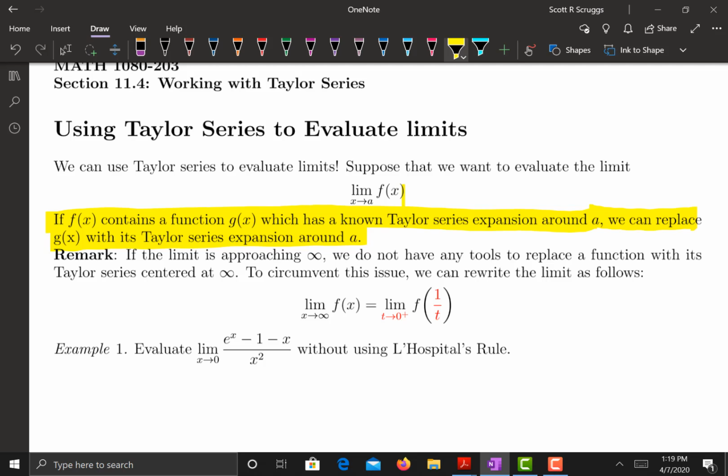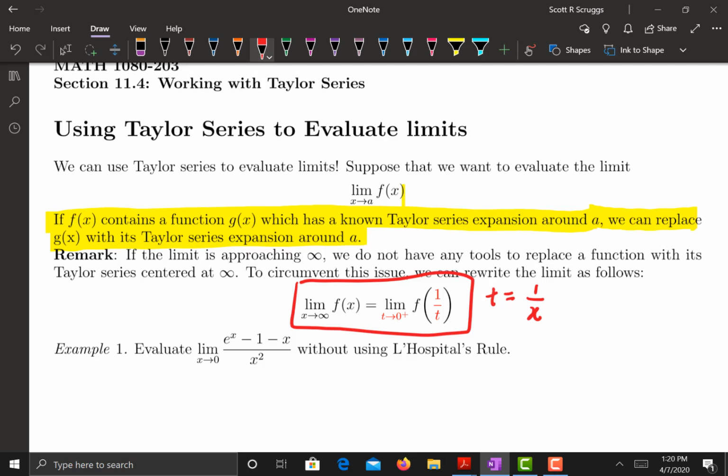So if you have a limit going to infinity and you want to tackle that, then what we do is we replace the limit as x goes to infinity of f of x, and we call it t, where t